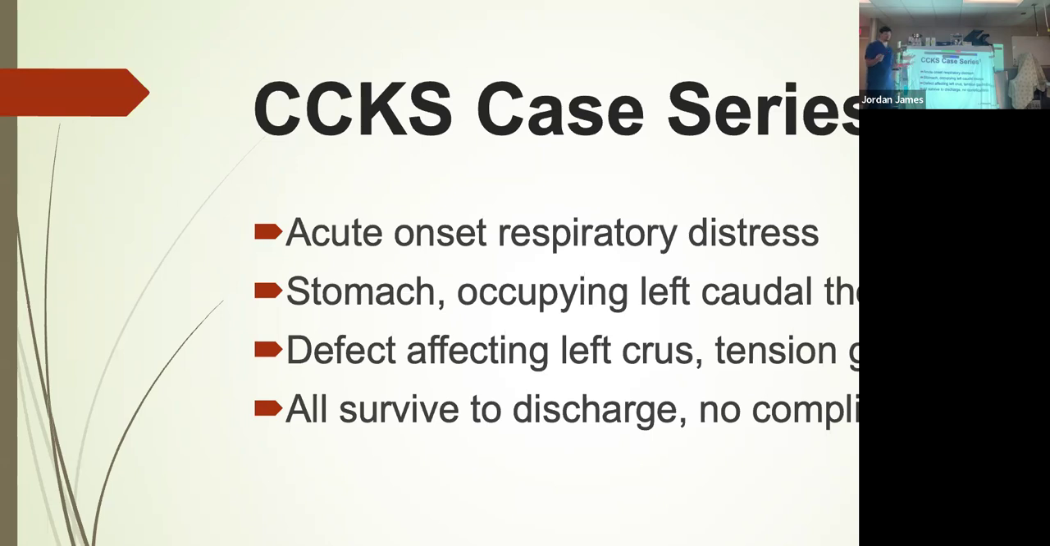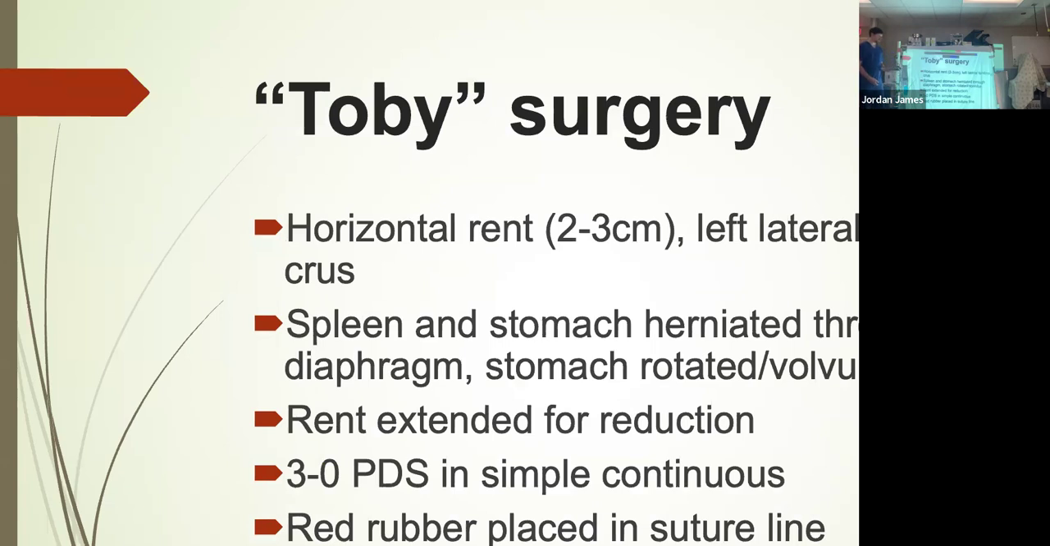Of course, I did not know this at 2 in the morning, but we still took the dog to surgery. It was nice to see afterwards that this has happened in other people and other Cavalier King Charles. So Toby's surgery actually went fairly smoothly. It was a horizontal rent within that left crus, so that dorsal location made it hard to manipulate and see what we were doing, but we were able to reduce the spleen and